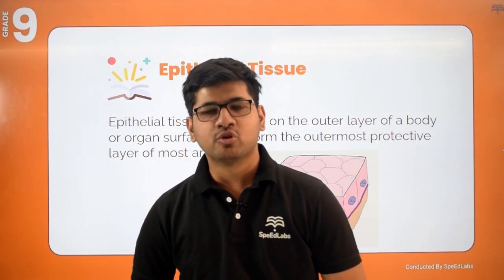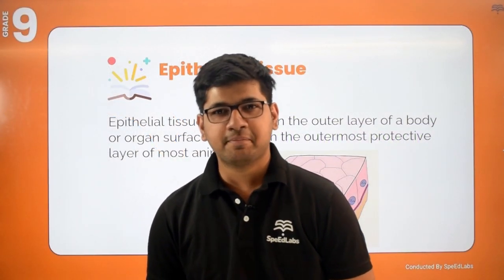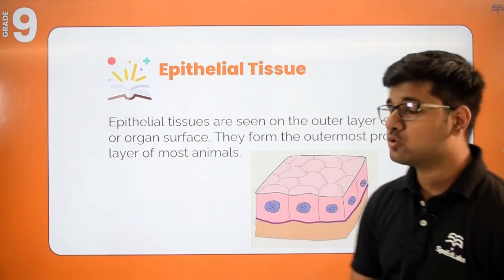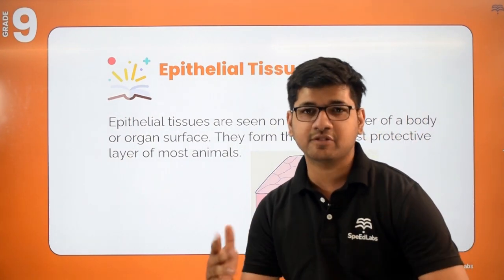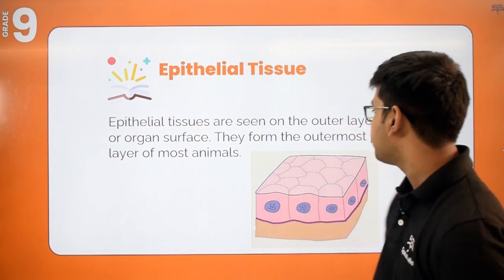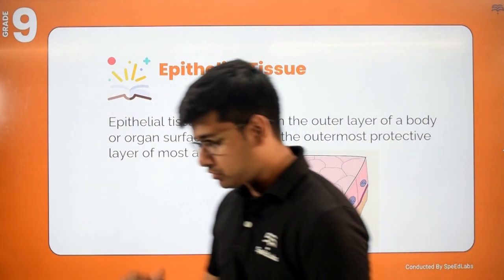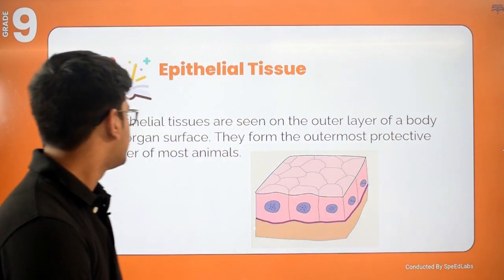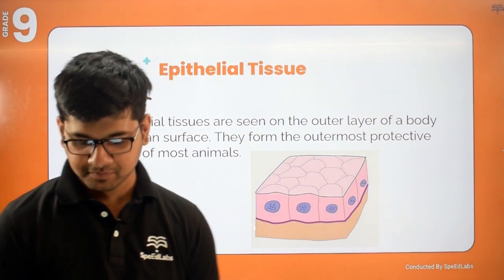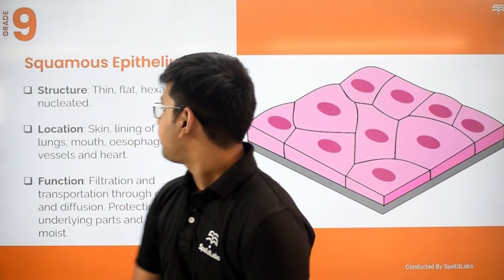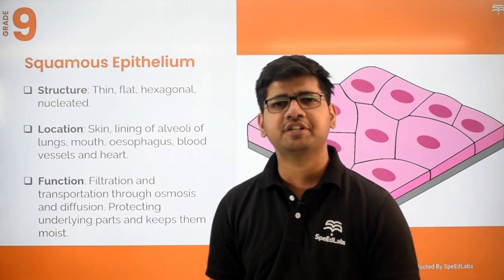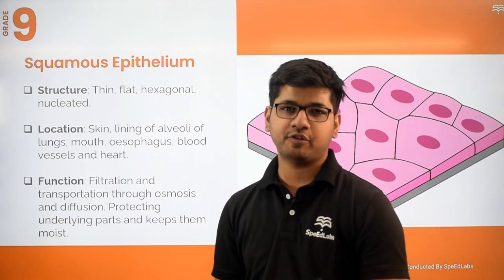Okay students, so let us discuss the epithelial tissues over here. Epithelial tissues are seen at the outermost layer or the lining surfaces of our body and at organ surfaces as well. They are the outermost protective layer at the places that are mainly found in most of the animals. Okay, so if I talk about epithelia, we have further classifications or criteria in which firstly we need to